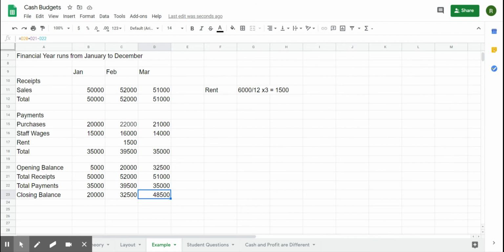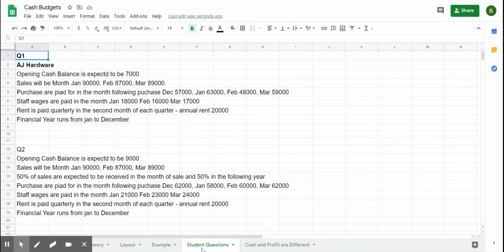Right, obviously this is a very, very simple question. They can be far more complex at A level. The basics are all the same, okay, but it's a matter of working through and getting some practice. For my students, there's a little bit of theory at the end, and there are a couple of very simple budgets for you to do.